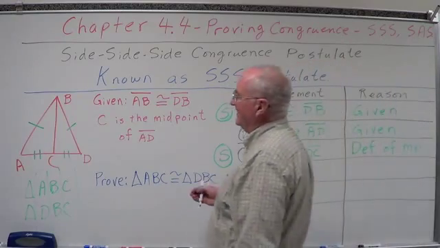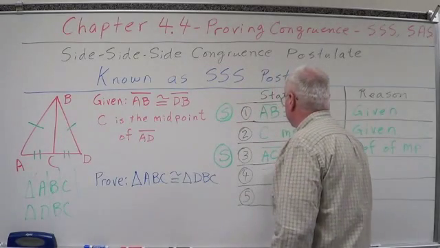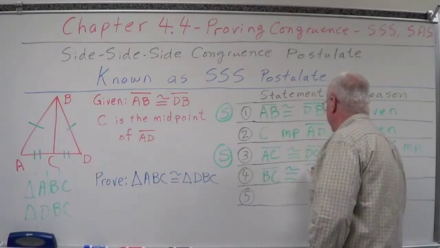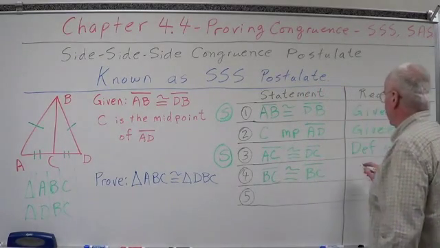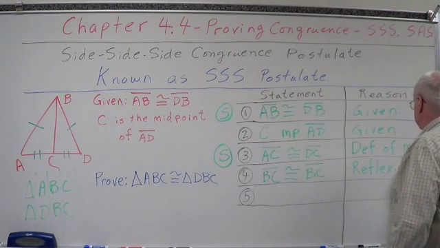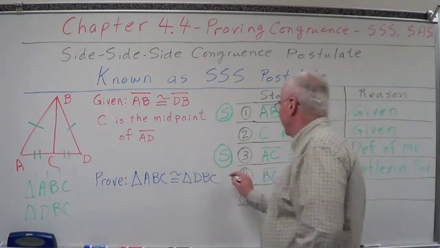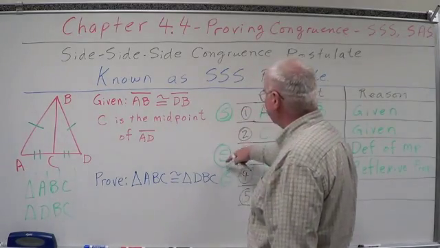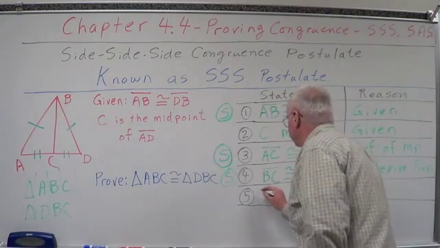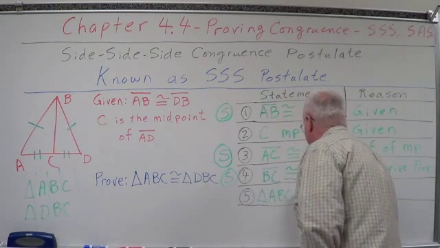So what side is equal to itself that we need? Segment BC is congruent to segment BC. Why? Reflexive property. Okay? Wow, look at that. Side, side, side, I have my three sides. So therefore, have we proven this? Yes, we have. ABC is congruent